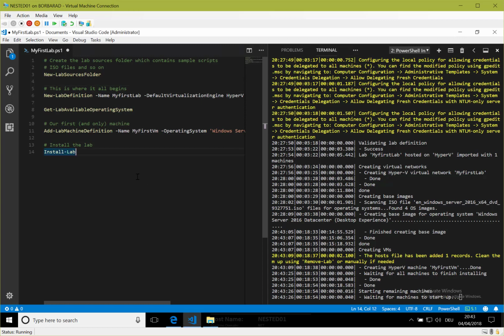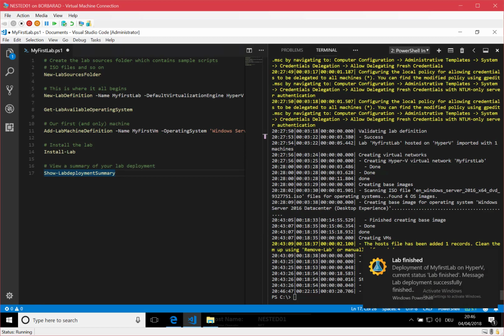While we are waiting for the machines to start up, I'm going to show you the last command that you might or might not need, which is called Show-LabDeploymentSummary. This is actually the interesting bit after your lab has finished, because you get to see which parts of the lab were deployed, which roles you have deployed, for example, and how to connect to the machines. So let's have a look at the deployment summary.